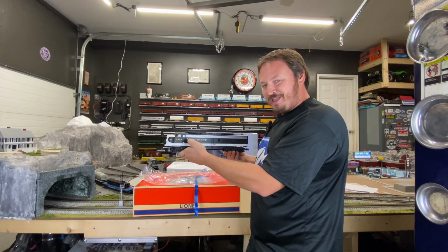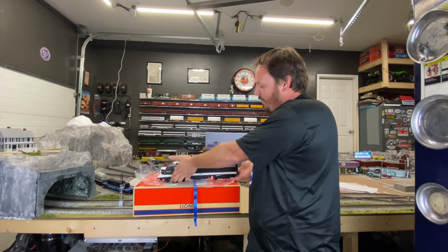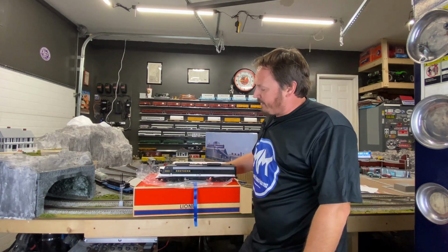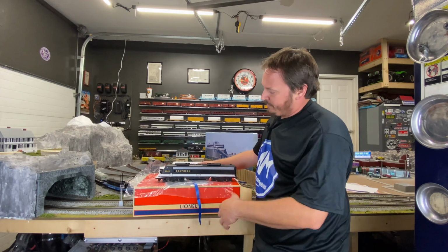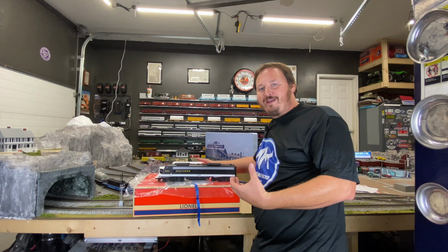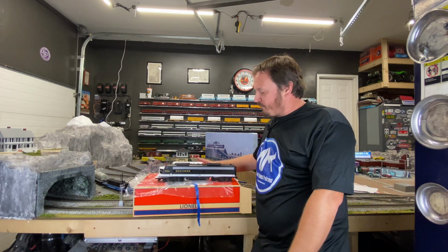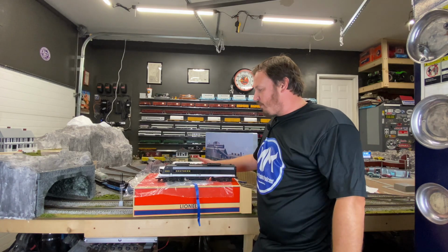So we'll power this up on the layout. We'll bring out the second unit. The one thing I wasn't really crazy about with these E8s is the fact that Lionel didn't add sound to the second unit. I feel like they kind of shorted us all on that a little bit. I would have loved to have this in a super bass. Yes, probably would have been a few dollars more, but if you're spending the money you are on this set,